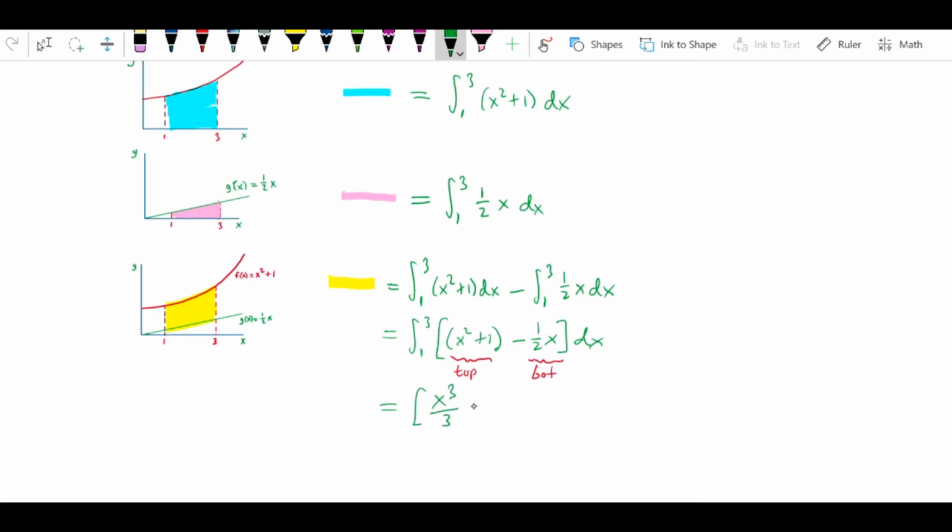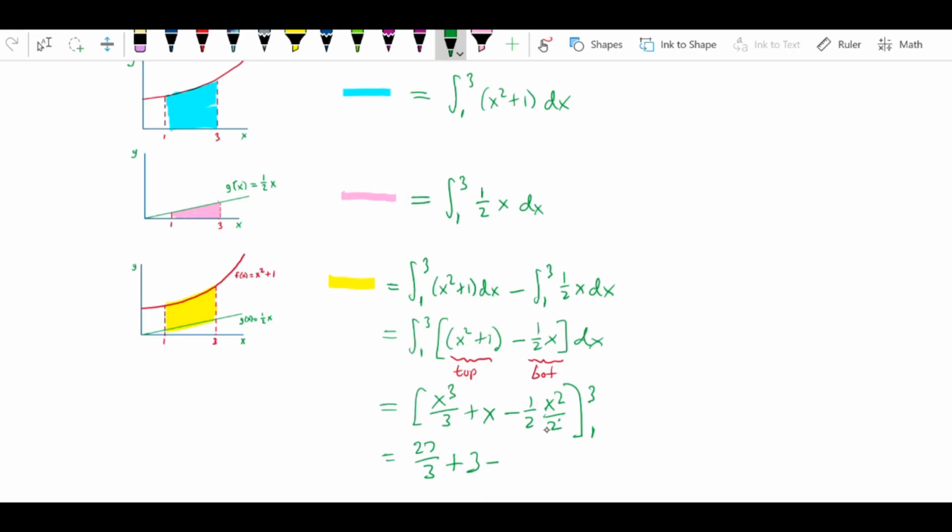That's x cubed over 3 plus x minus 1/2 x squared over 2, from 1 to 3, and this gives us 27 over 3 plus 3 minus 1/2 times